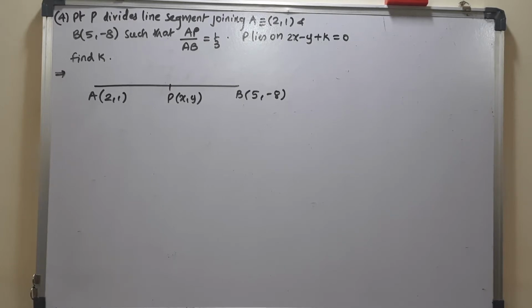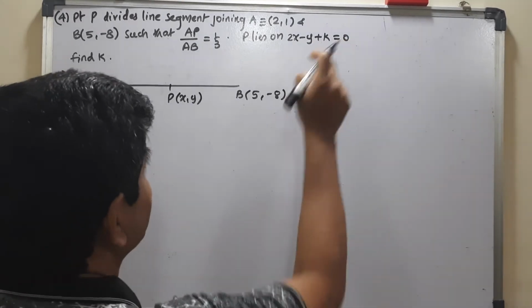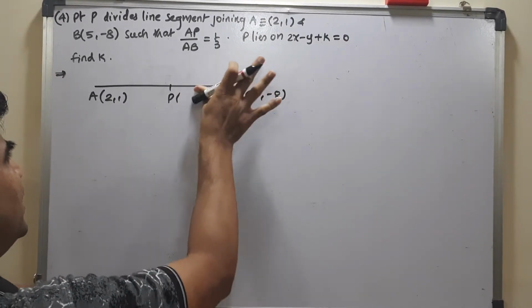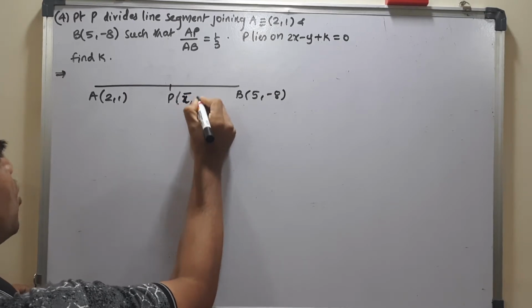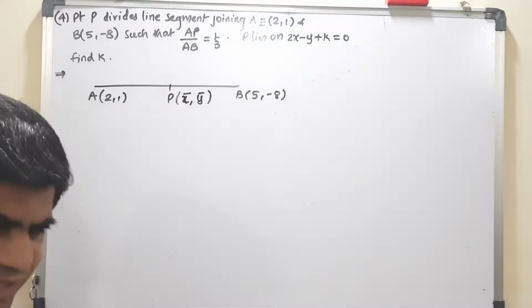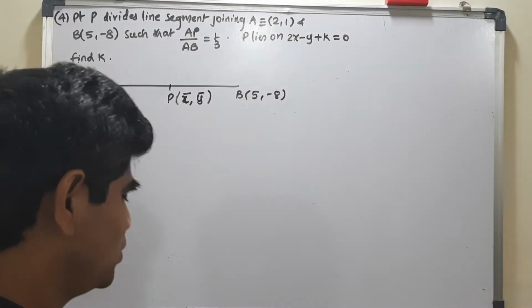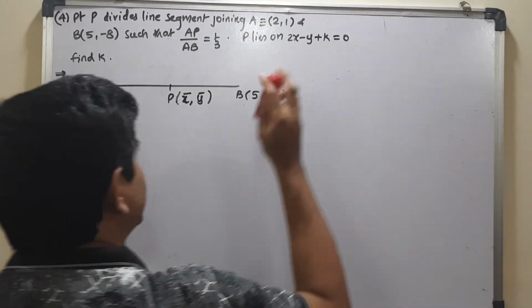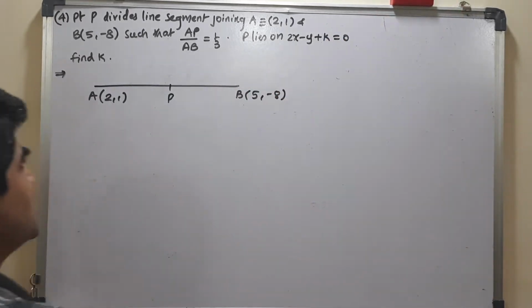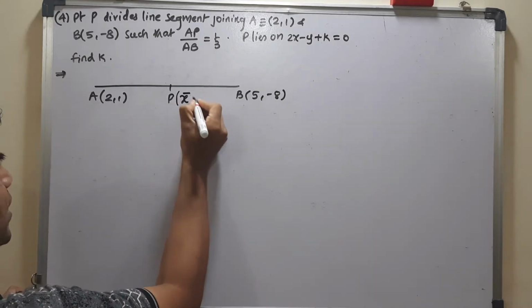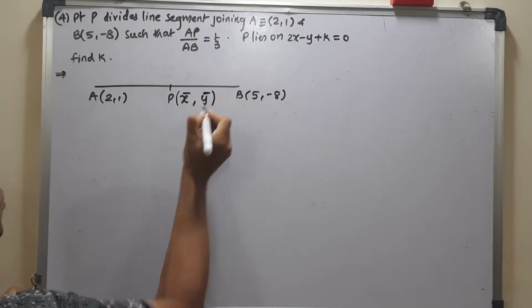So now, if I take this point over here, x, y I can take, but here it is already 2x now. So I will take it as some other thing, let it be x bar, comma, y bar, or you can take even a and b also, okay? Whichever is comfortable with you, take it, or take it as capital X or capital Y. So I am taking it as x bar and y bar. These are the 2 points, okay?